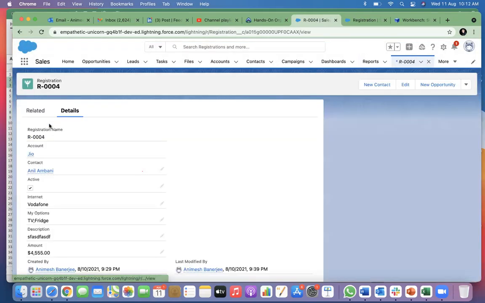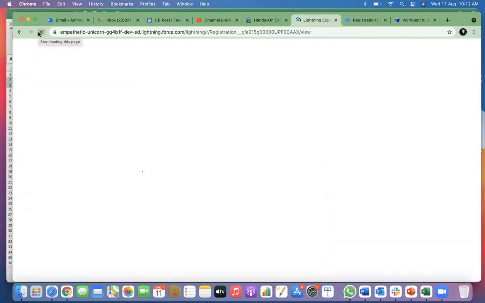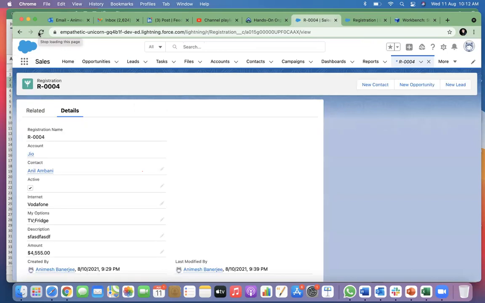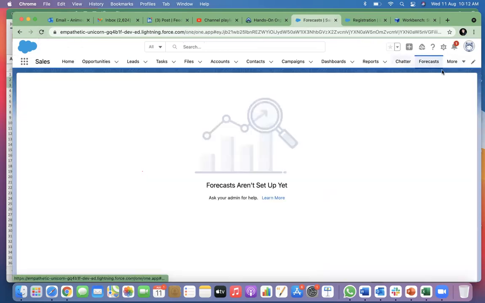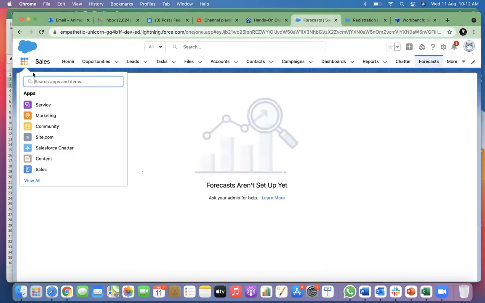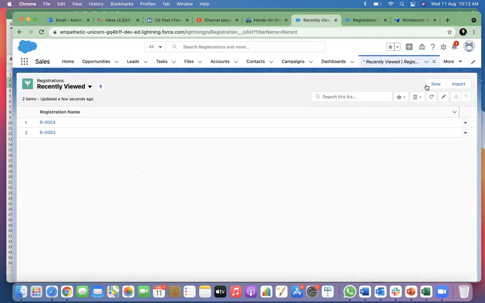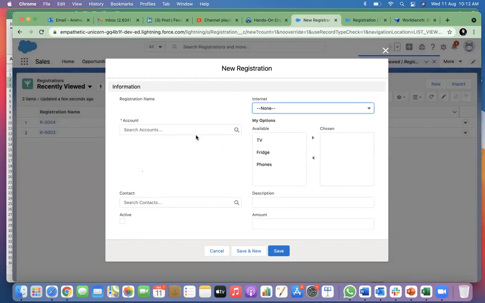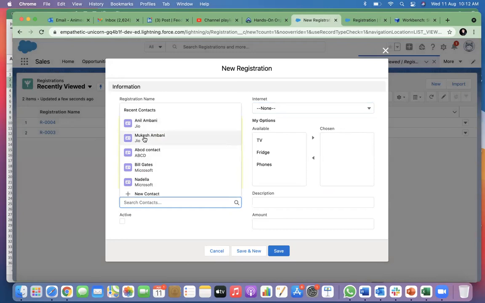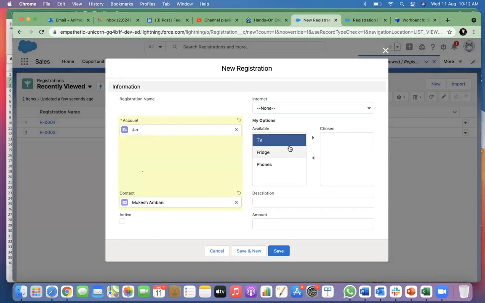And if you open this again, still it is not showing up. It will take some time, but it will show up. So this same page, so Geo, Mukesh, TV and fridge, I select both.